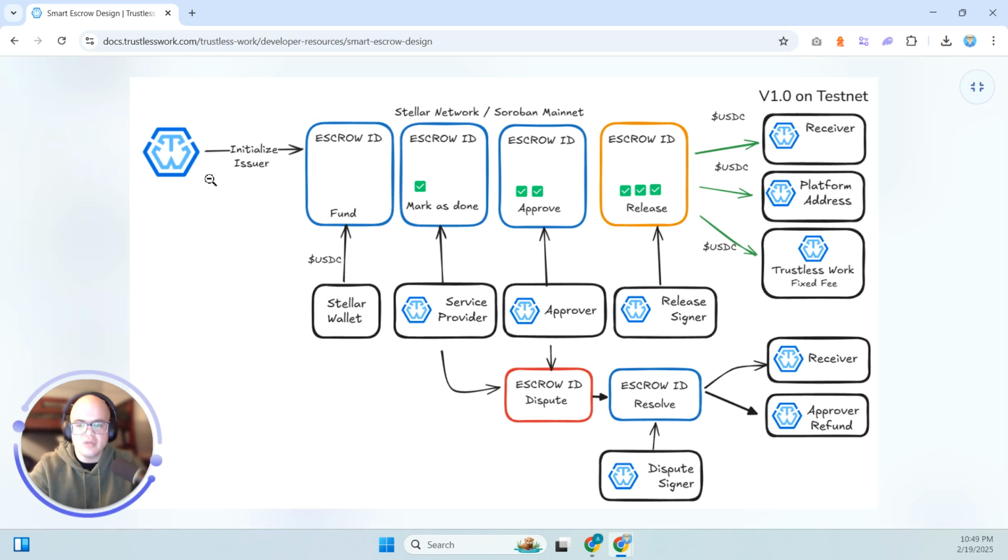For example, you initialize an escrow, anyone can fund it, but only the service provider can update the escrow and mark a milestone as done. Then only the approver can verify that the milestone is done and sign the approval. And then only the release signer can come and check and then sign the release. Every escrow must follow these 3 steps for the money to be released, and then it will be released to